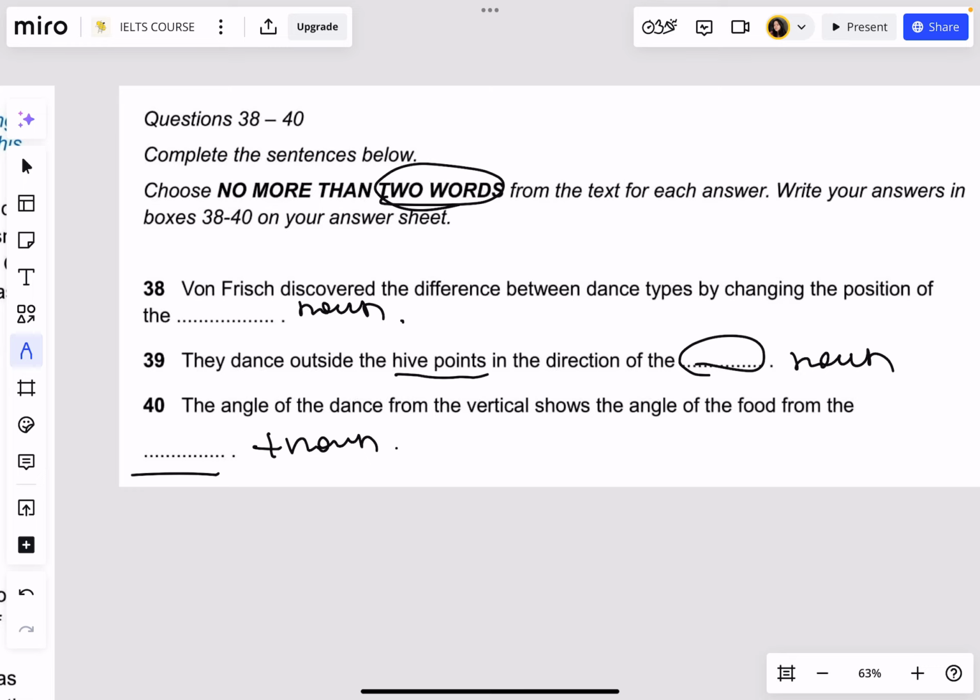It can be something like that, right? It is a noun. It should be no more than 2 words. And the angle of the dance from the vertical shows from the